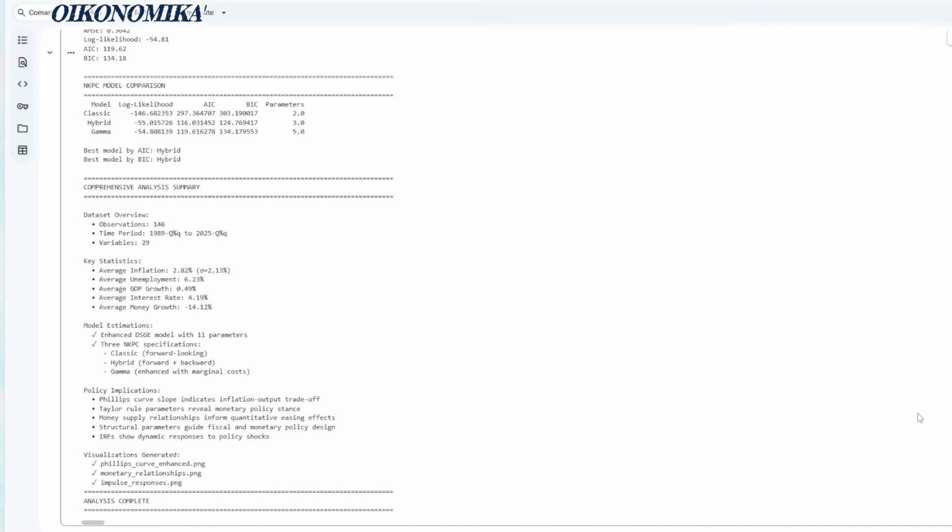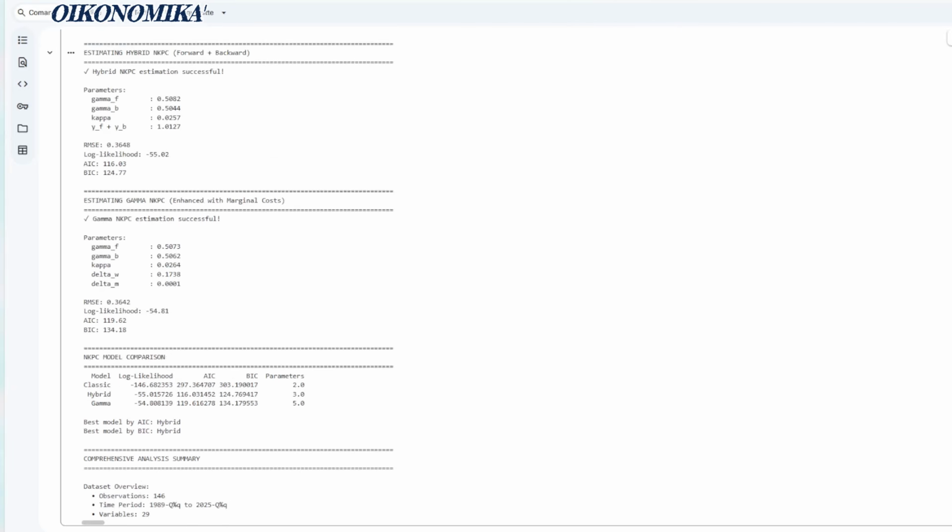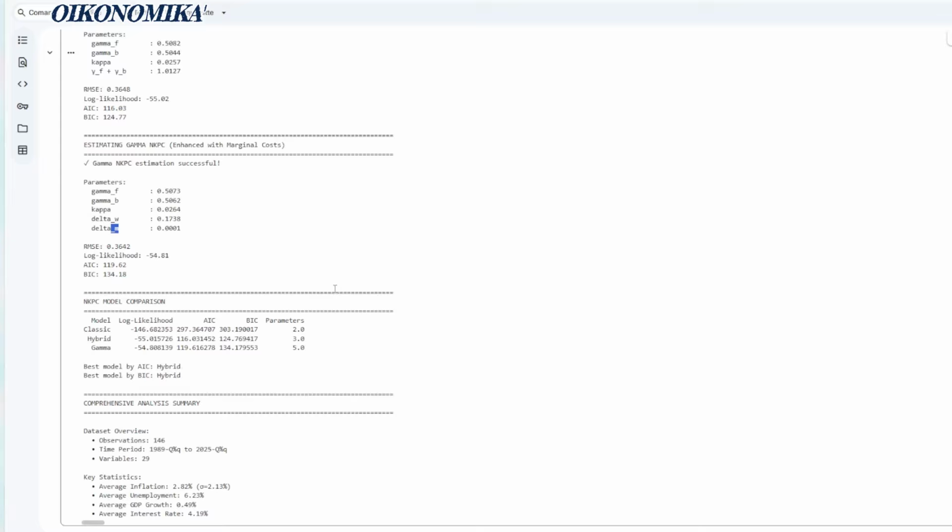Here we have some richness to the model, because with the gamma parameter we have the delta of the wage component and the material component, on how this, as a marginal cost, can explain the trade-off in the unemployment or the output gap and inflation. So we see here that the wage component has a marginal cost of 0 point something. So there is also a wage component into the